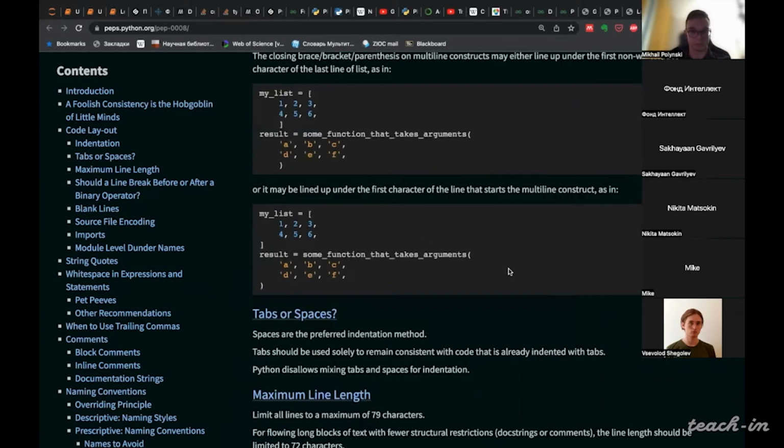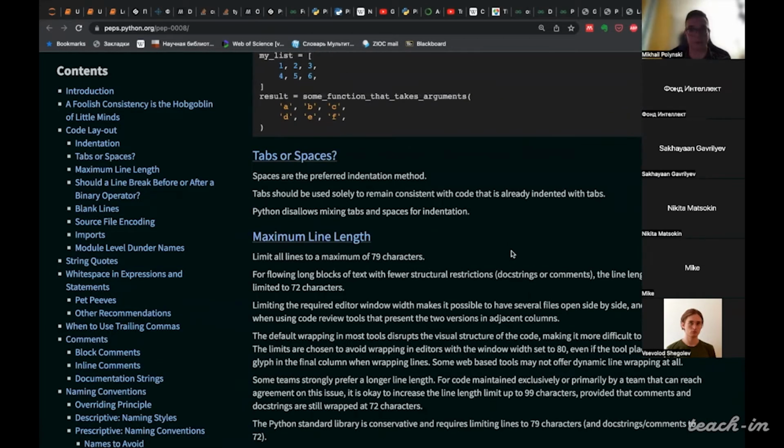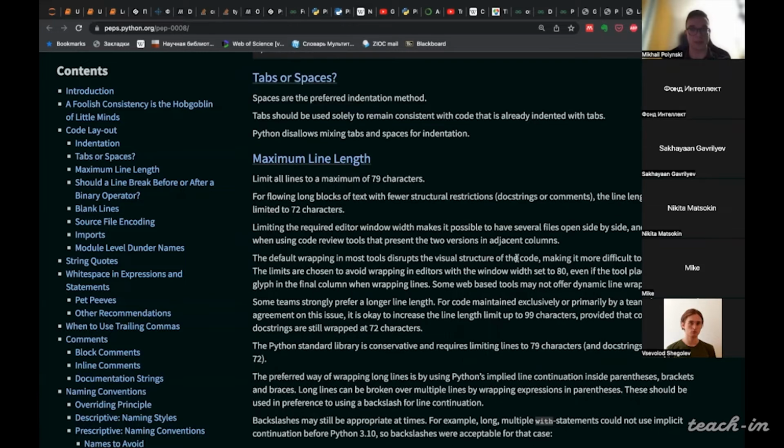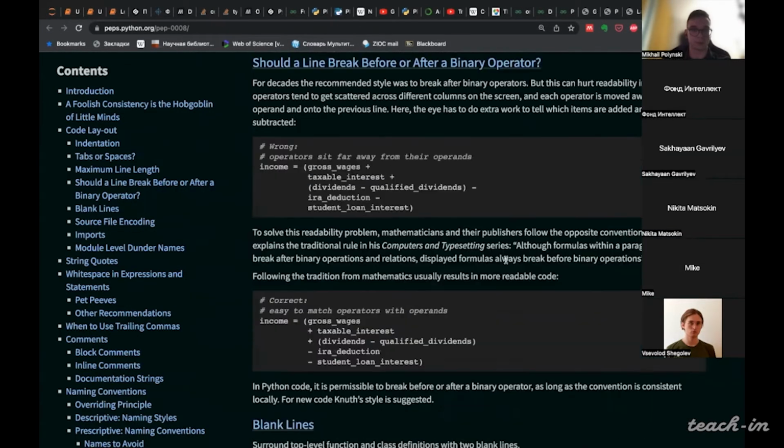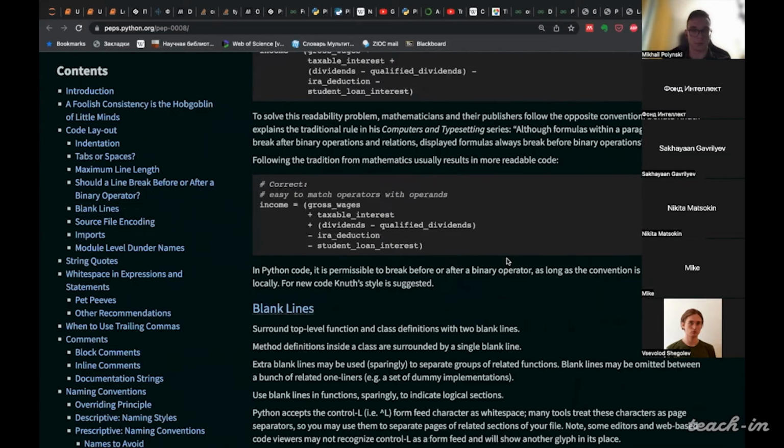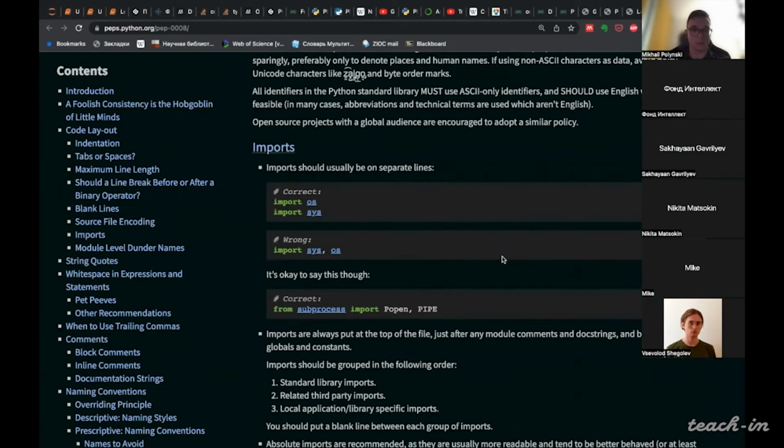So they also discuss should we use tabs or spaces, maximum line length, also how should we import libraries, etc.